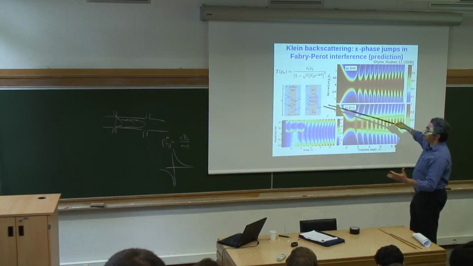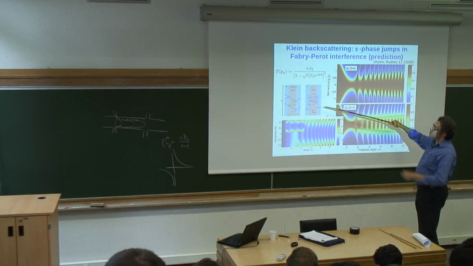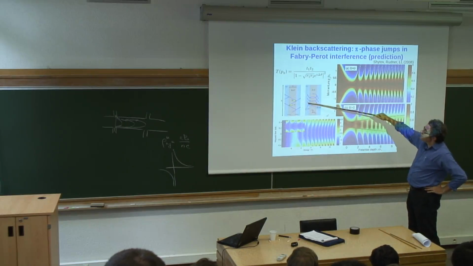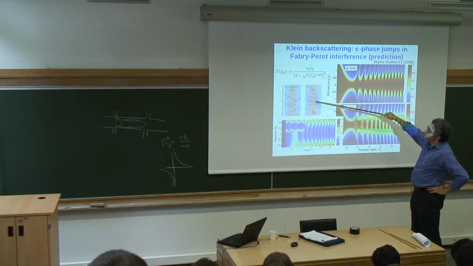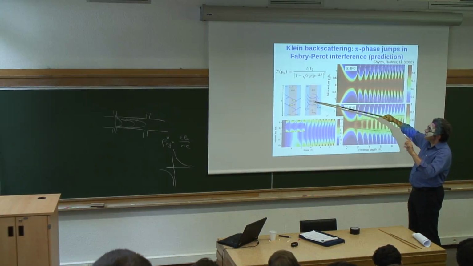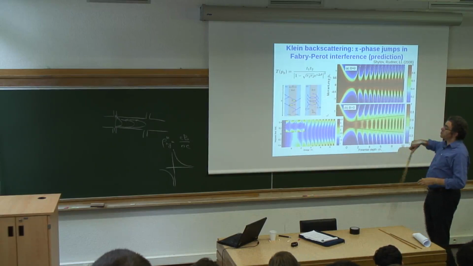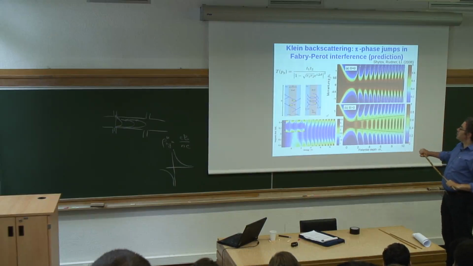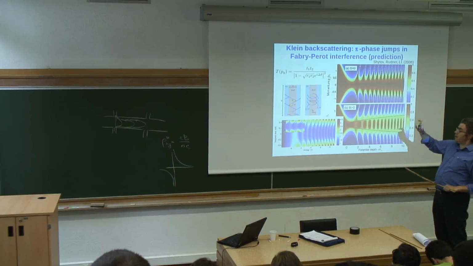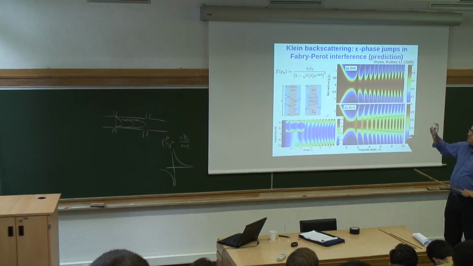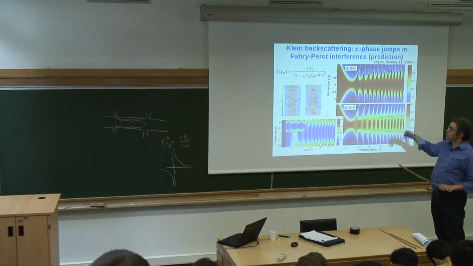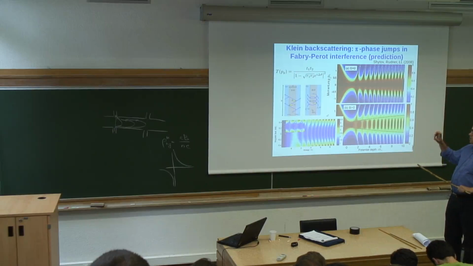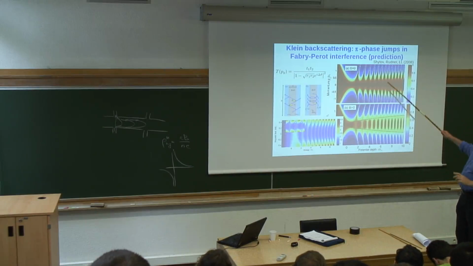angles cancel. But then when you introduce a weak magnetic field, you get a different kind of trajectories, and they are reflected at angles which are of the other sign, and so their contributions to phases don't cancel. And so based on this idea, you can set out to ask how the phase in the Fabry-Perot interference pattern changes as a function of magnetic field. And sure enough, you find